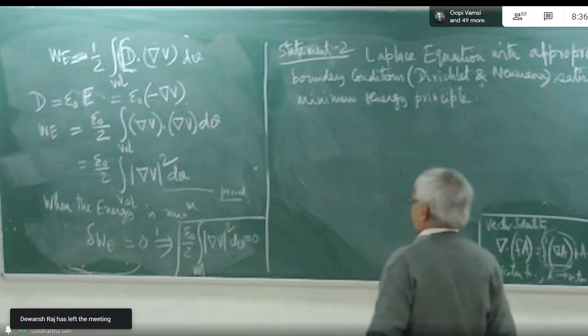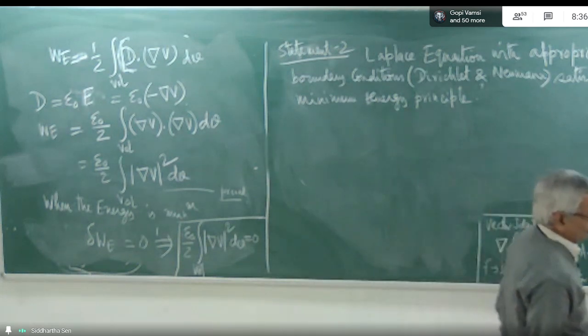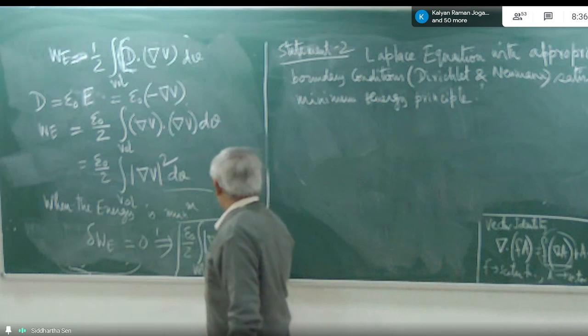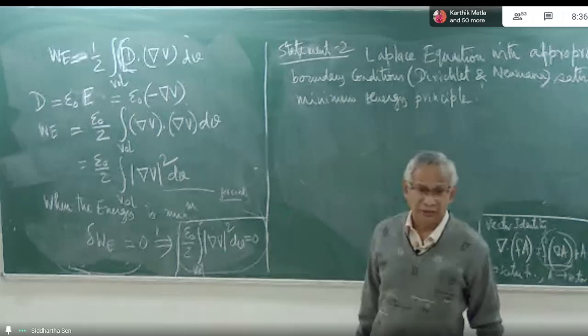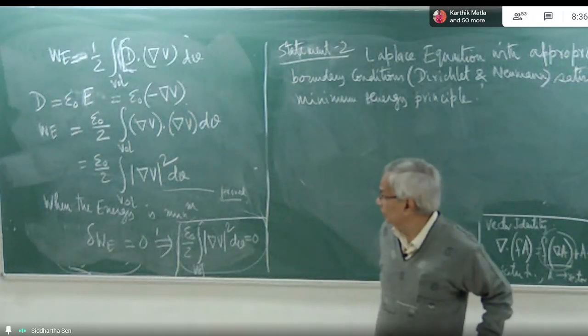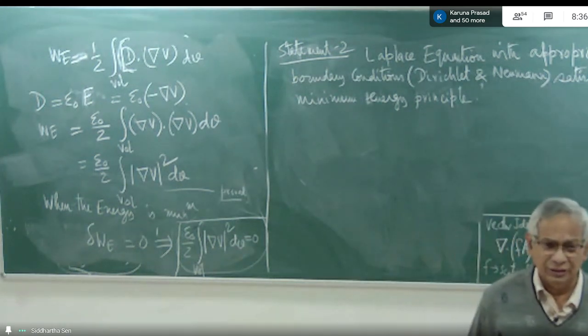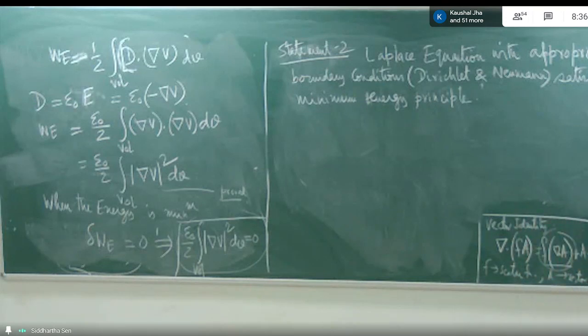That means that if we have a space satisfying the Laplace equation, with boundary conditions that are either Dirichlet, which is well defined, or Neumann, then if it is satisfied, this del dW will always be 0. The energy is always minimum. That's the thing: the Laplace equation always satisfies the minimum energy principle. So this is the second part of the proof.